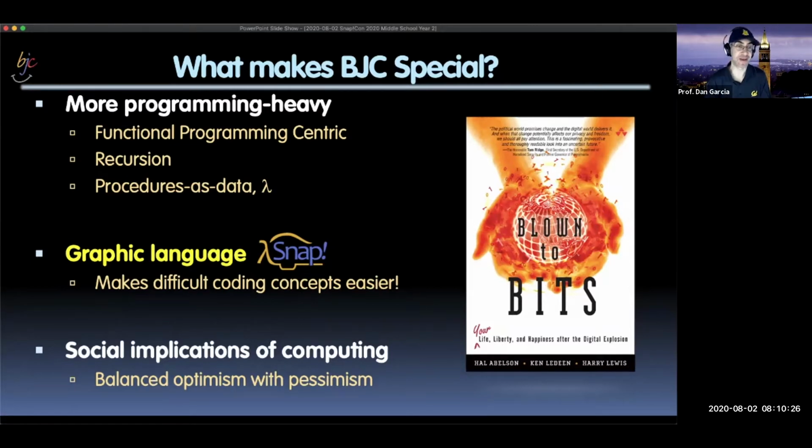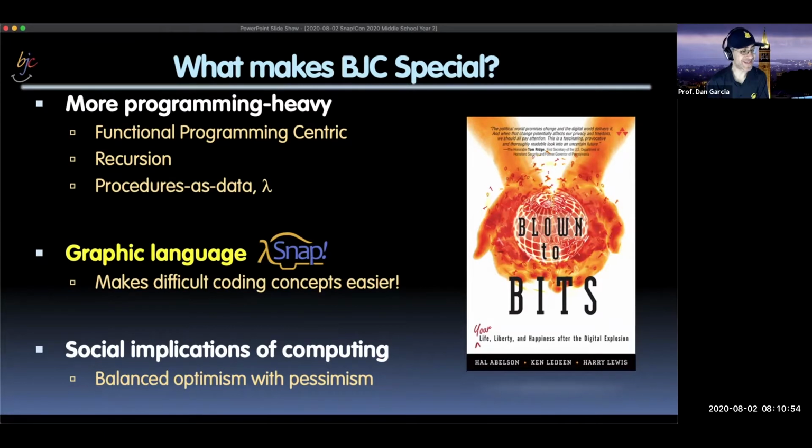And we were finding that Snap, which we always were using from day one, it was actually BYOB at the initial time, was amazing in allowing us to do all the things that they were doing, but kids were not struggling with syntax as they were with text-based languages. So we teach recursion, even though it's above and beyond what AP CS Principles is asking for. We teach procedures as data, even though there's nothing there. Certainly abstraction is part of the course, but we think that obviously map, keep, combine are so fundamental to Snap, and we have a functional programming-centric lens.